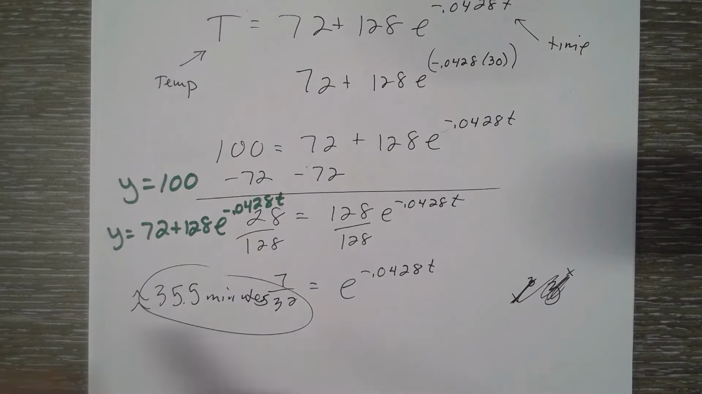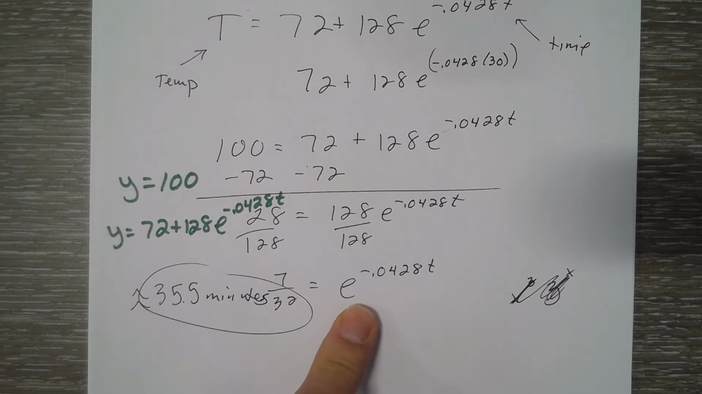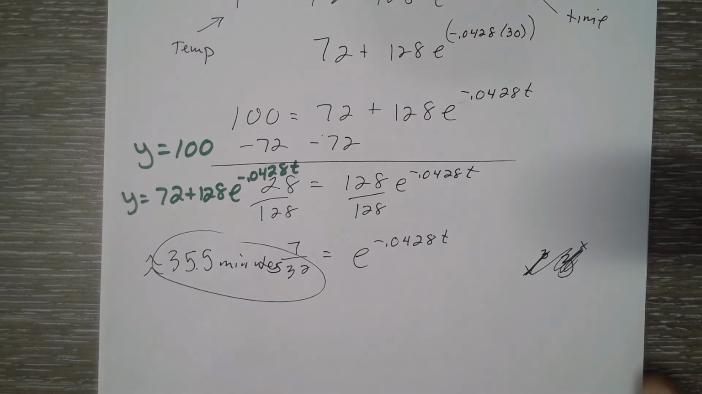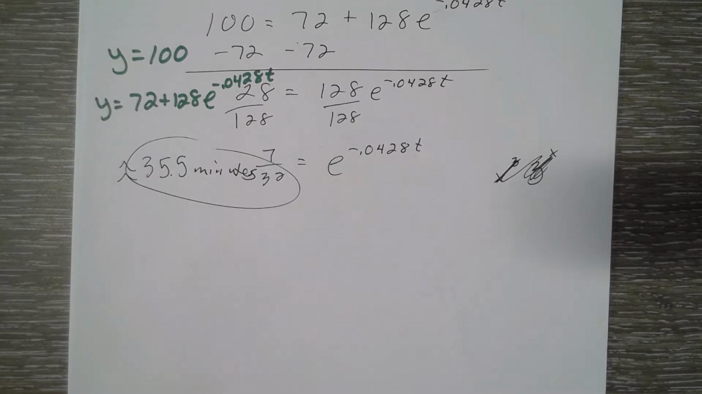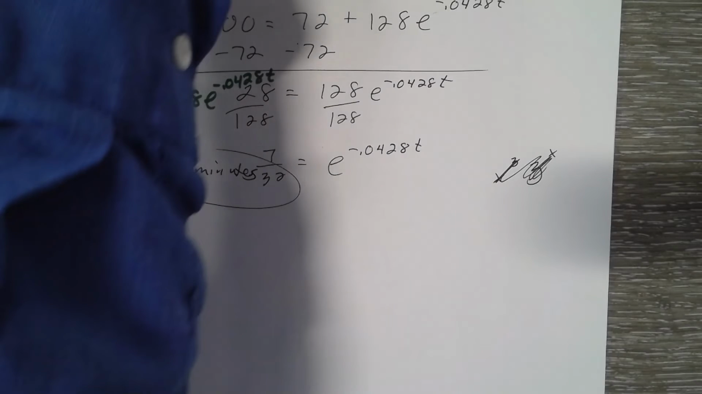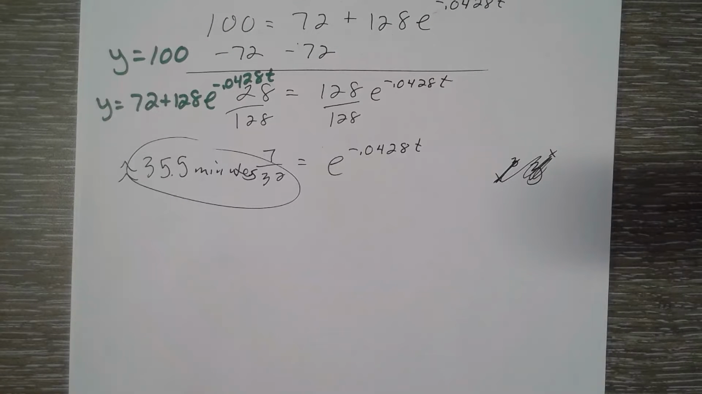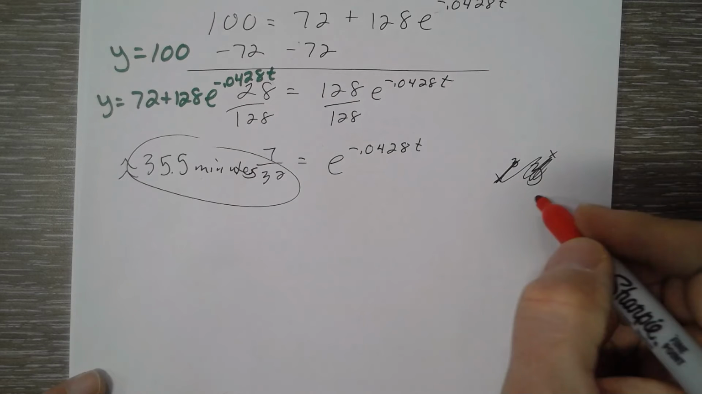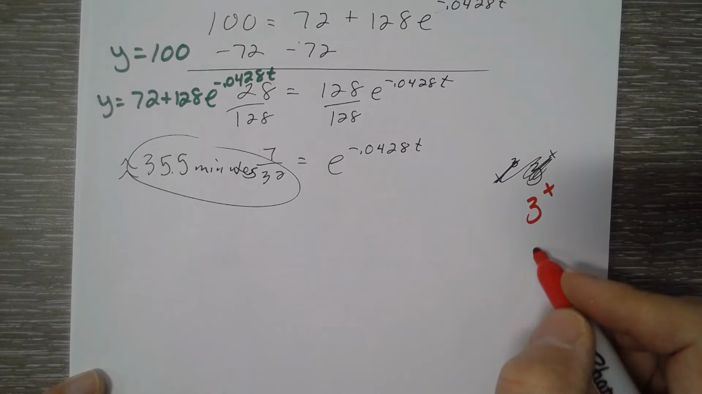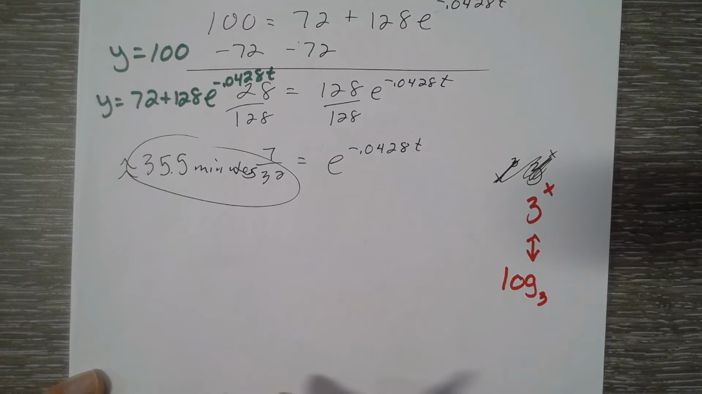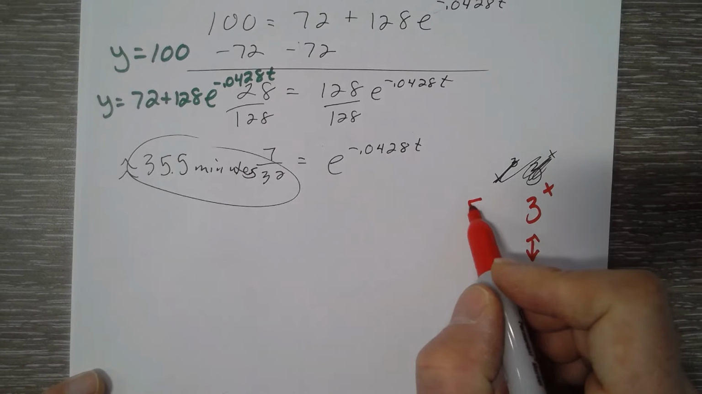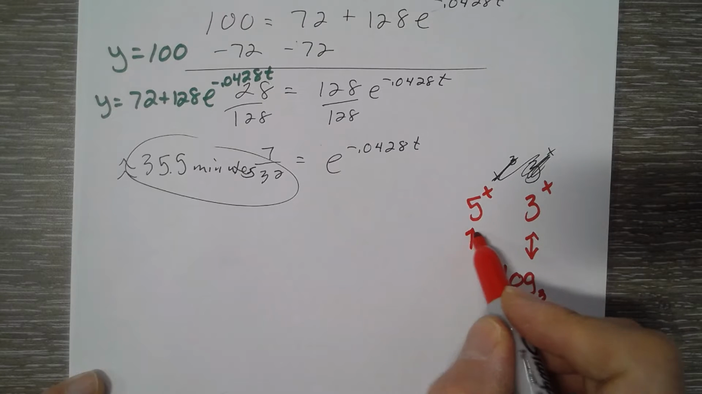We needed our calculators in order to solve that. If we wanted to analytically figure this out, right here, we'll pick up right where we left off. We got down to 7 over 32 equals e to the negative 0.028t. What we can do is a logarithm. If you have an exponential, like our 3 to the x, the inverse of 3 to the x is log base 3. It's a logarithm. They undo each other. If I had 5 to the x, the inverse of 5 to the x is log